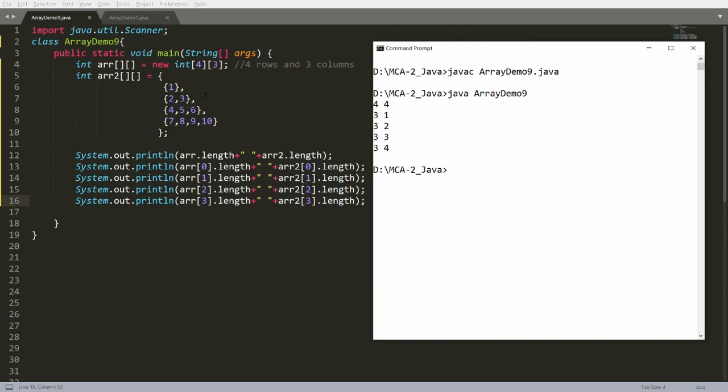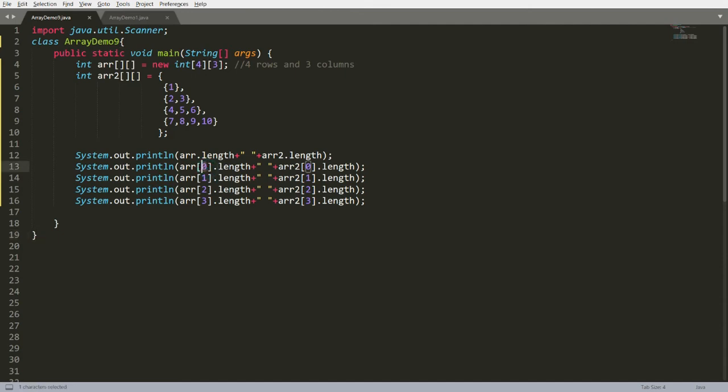In the first array, columns are fixed. In the second array, columns are not fixed. You can say arr of 0.length means the length of the first row in the first matrix. So in the first array, the length is 3 columns, but here in arr2, the length is 1.